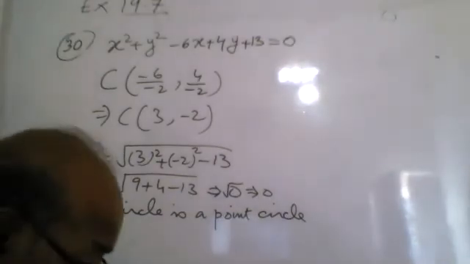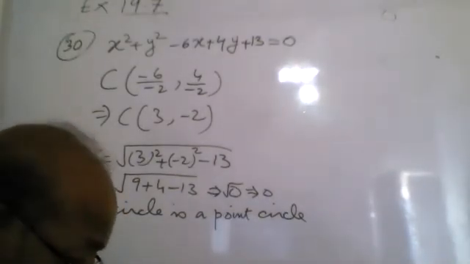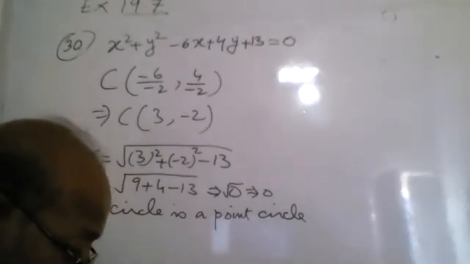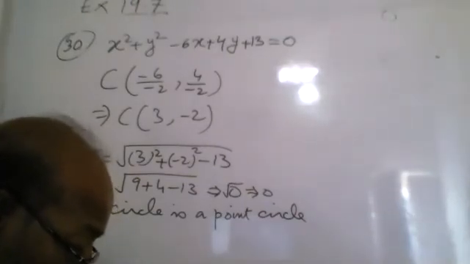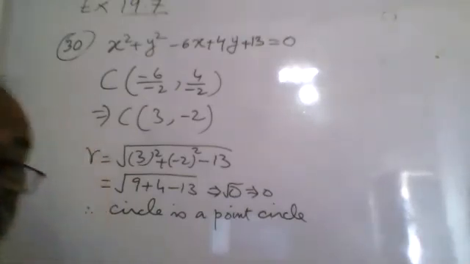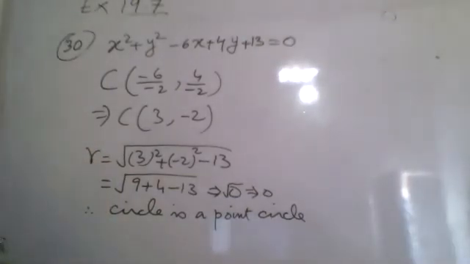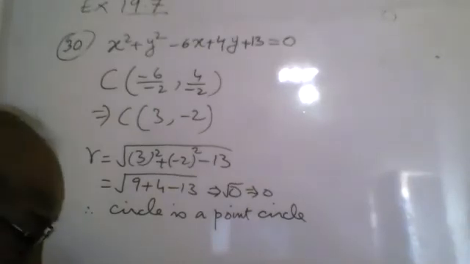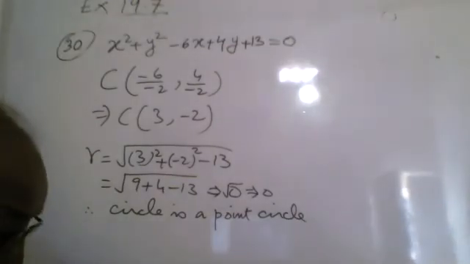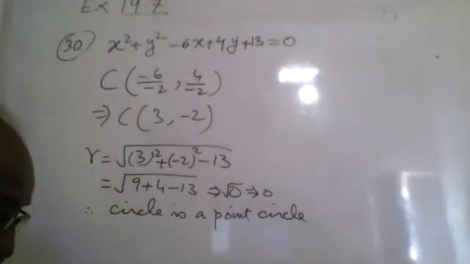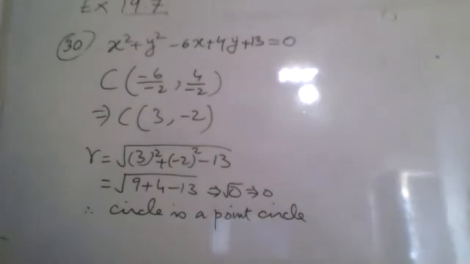Now the next question, 31. A washer has an inner radius of 2 centimeters and an outer radius of 3.4 centimeters. Find the equations of the two circles using the center of the washer at the origin. In both cases, we have to find the two circles. For the first circle, the center is the origin and the radius is 2. For the second circle, the center is the origin and the radius is 3.4. The center will be the same, 0, 0.